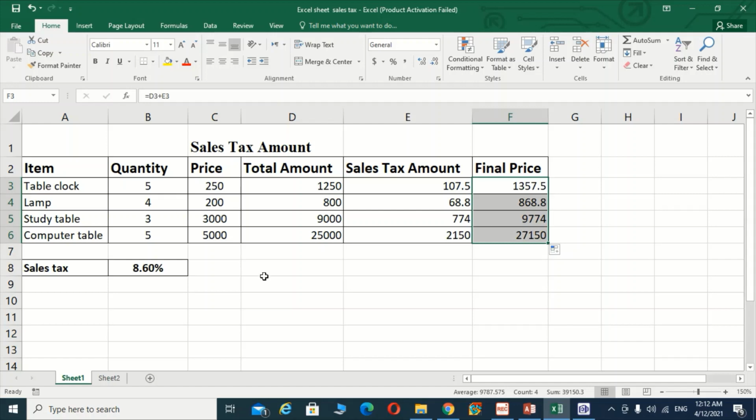So students, like this we can calculate the sales tax amount of different items provided to us in the worksheet. I hope that you have understood and you will apply this sheet by yourself. If you have any problems, you can ask